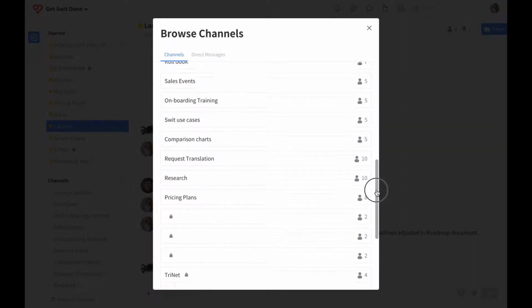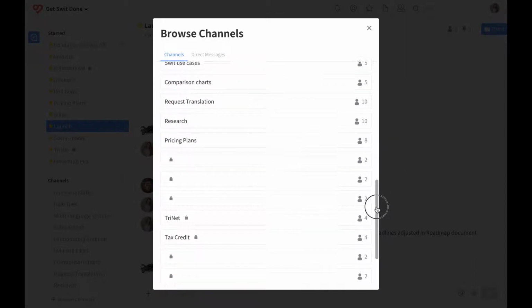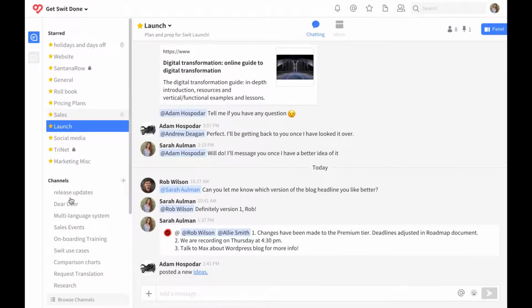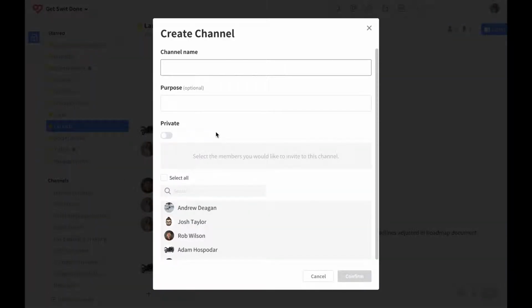Now let's say I've browsed all the public channels and I still can't find a channel that concerns what I'm looking for. In that case, I can create my own channel. It's really easy. In the left navigation panel where it says Channels, click on the plus symbol, then click on Create Channel. Fill in the channel name, give it a purpose to set the tone, then invite your team members. Make sure to set the channel to public so all members in the workspace can find your channel and